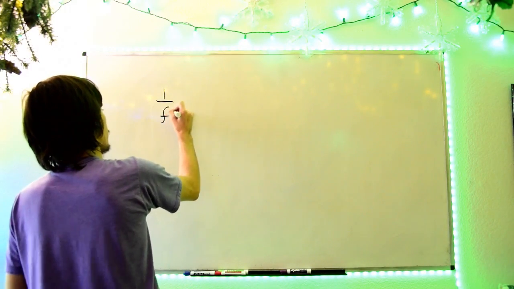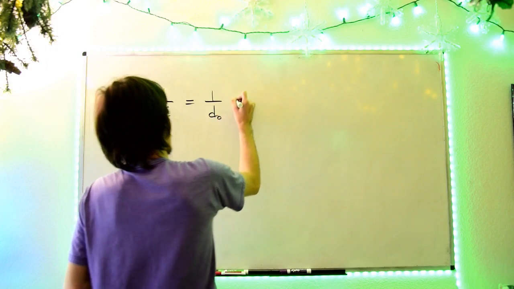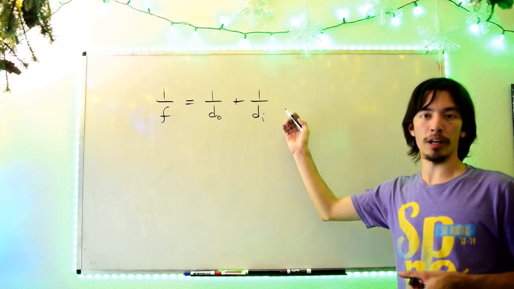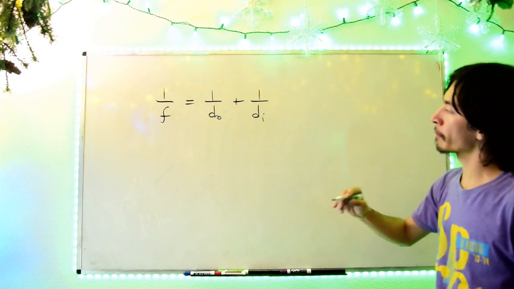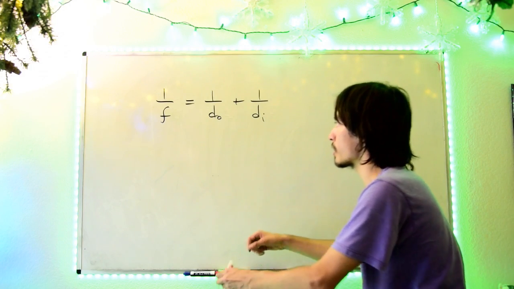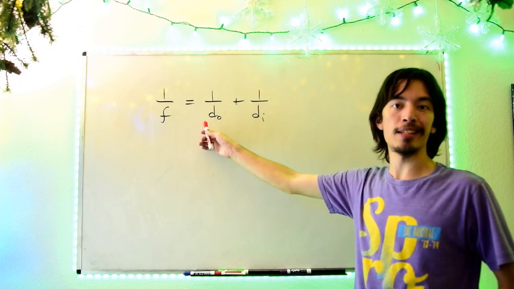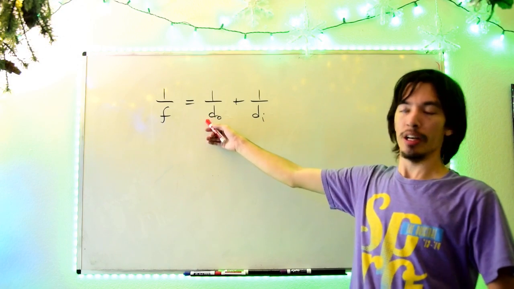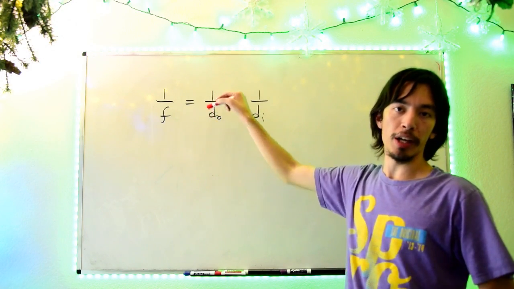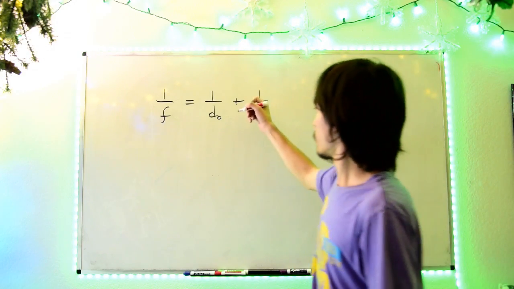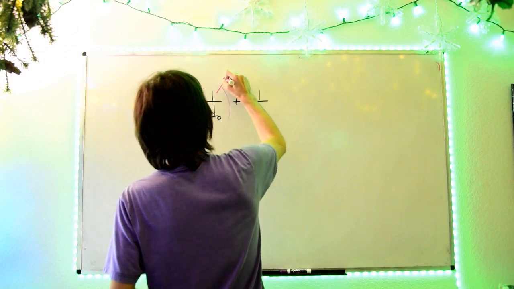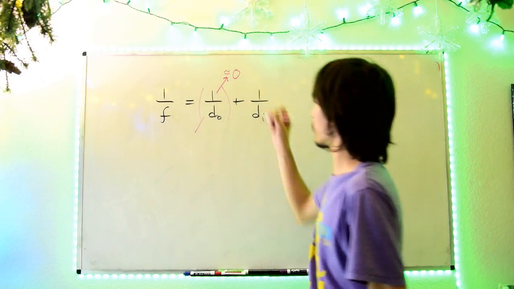So 1 over f equals 1 over d_o plus 1 over d_i. You use the mirror equation, which is the same as the lens equation. You solve for d_i, but the object distance is very, very large. When you put 1 over a very, very large number, it practically is 0. So when d_o goes to something very large, this is approximately 0